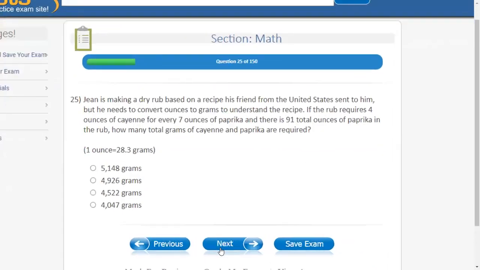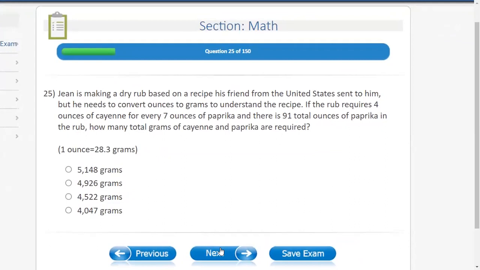So let's see. Gene is making a dry rub based on the recipe his friend from the United States sent him, but he needs to convert ounces to grams to understand the recipe. If the rub requires 4 ounces of cane for every 7 ounces of paprika, and there's 91 total ounces of paprika in the rub, how many total grams of cane and paprika are required? Okay, so how many are they? 91 ounces, 7 for 1. So that means that